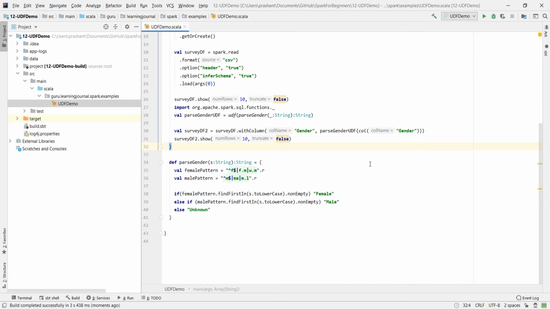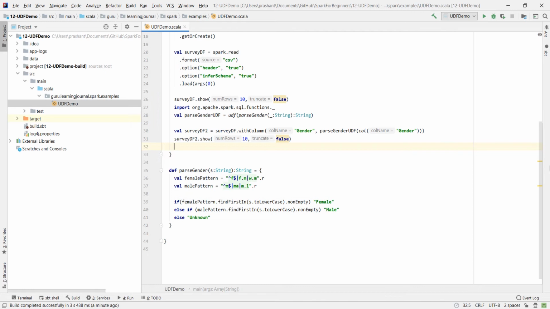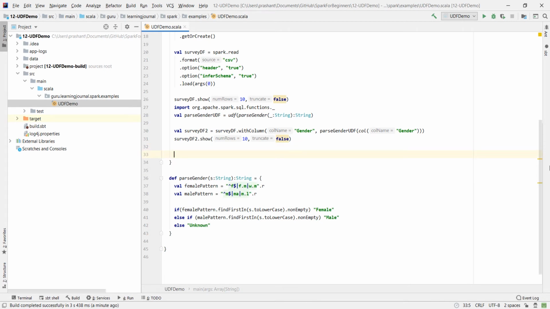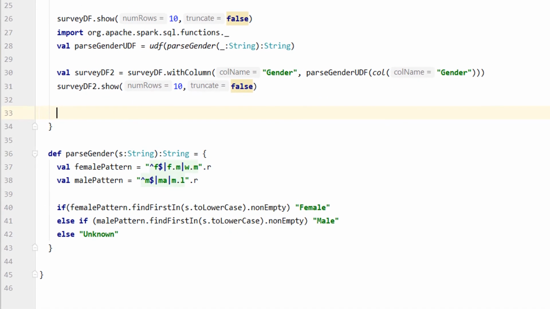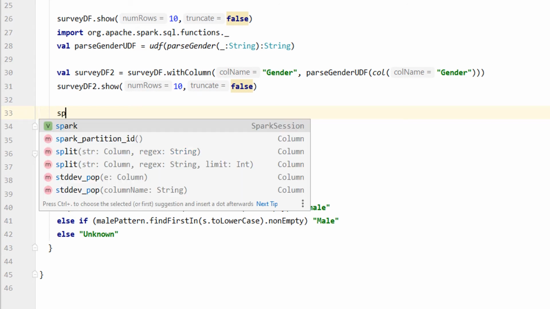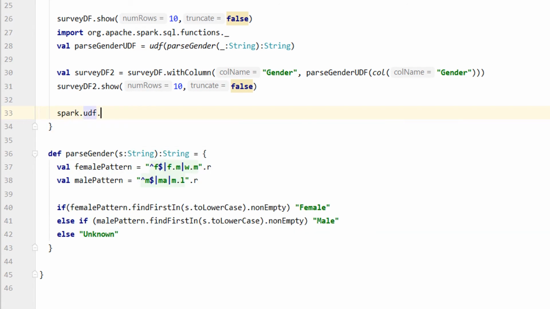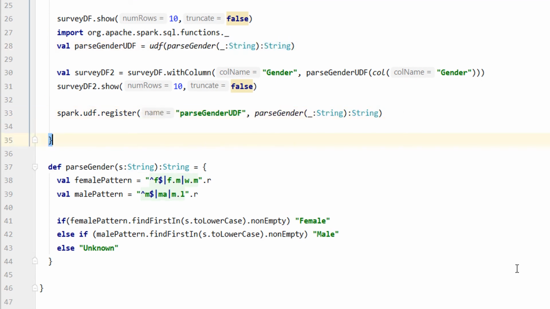Can we use it in a SQL expression? Yes, we can. However, the registration process is different. We need to register it as a SQL function and it should go to the catalog. And that is done using the Spark session udf registration method. The first argument is the name of the UDF and the second argument is the signature of your function.